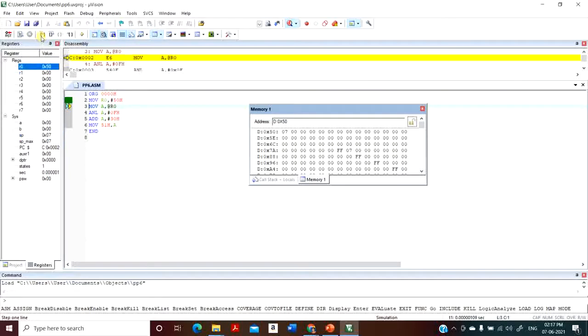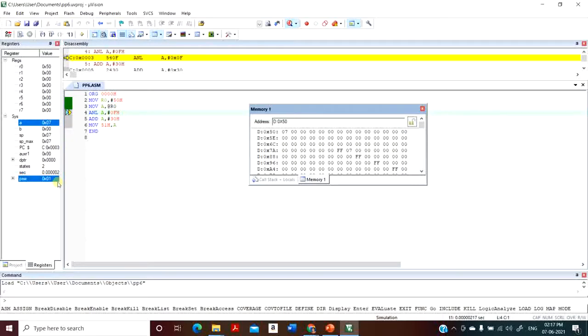So R0 is now loaded with the memory location 50H. You can observe here in the window corresponding to the registers. Then MOV A, @R0 means whatever content is present at R0 is moved to the accumulator. So the accumulator is now containing 07.